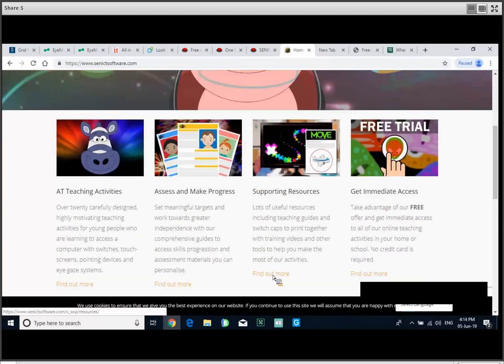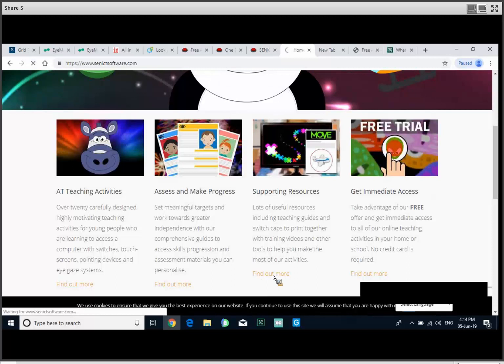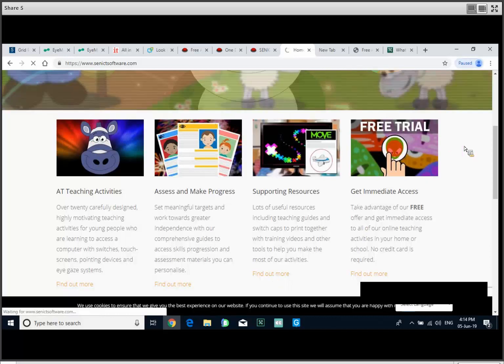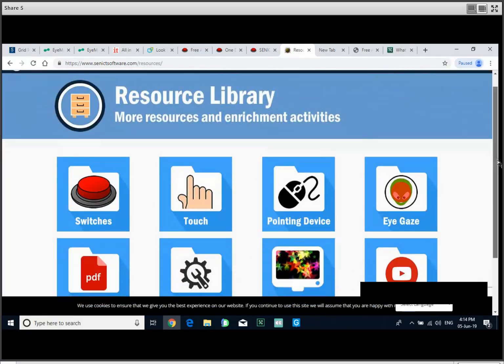So I'll just have a look because I've got logged in with my subscription. Just go in and show you. Here we go. So resource library. So if I go to eye gaze,